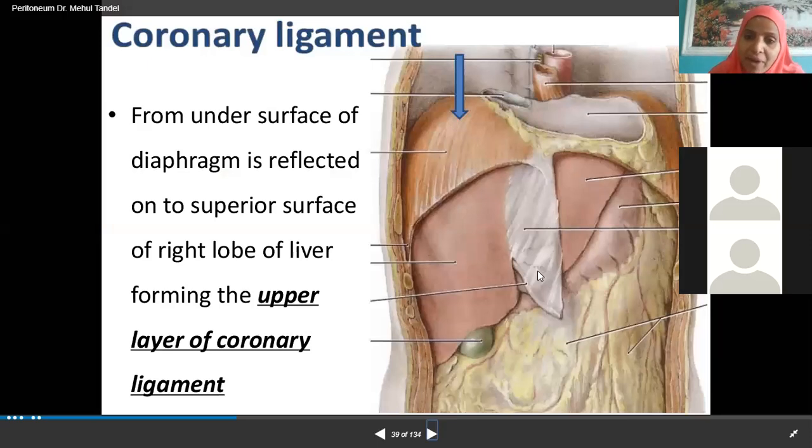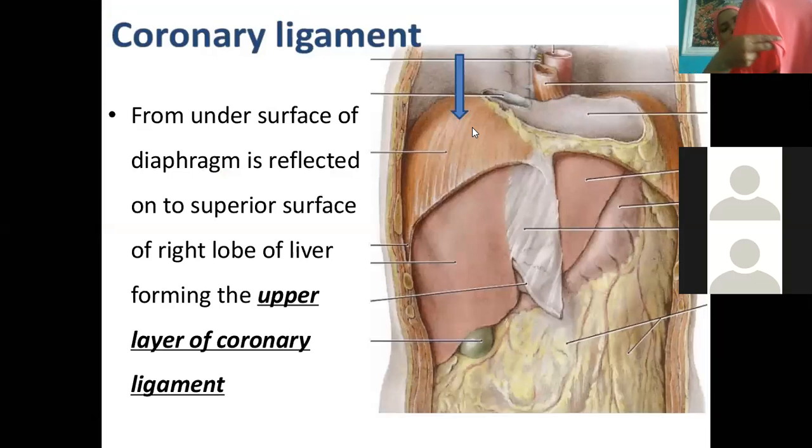That means the falciform ligament is going up and it is covering the under surface of the diaphragm. And then you see, suppose this is the liver, the coronary ligament comes anteriorly like this and then goes on the visceral surface to go behind. Okay, see here, I will take a small area. So suppose the falciform ligament is now going up like this. That is covering the under surface of the diaphragm.